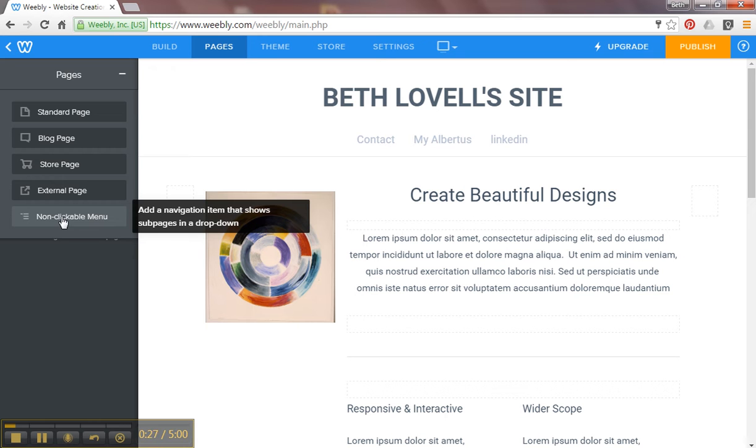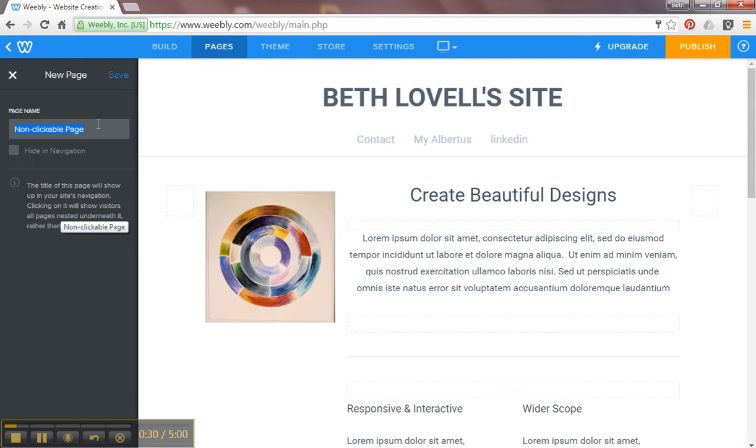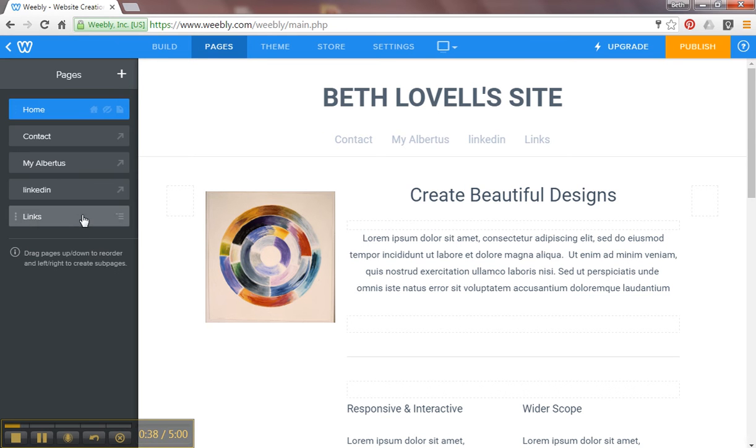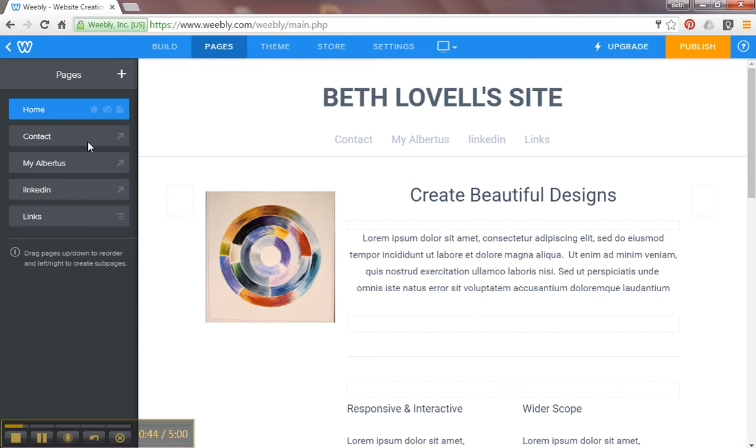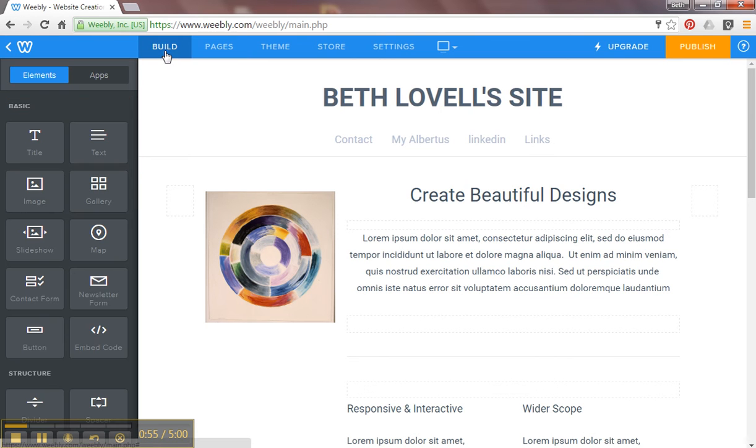So if you had something called links and hit save, then you can add links under that. So you pull down from that button and it would give you more options as far as those. But if you want to edit them, you have to go back to build, and we're going to click on